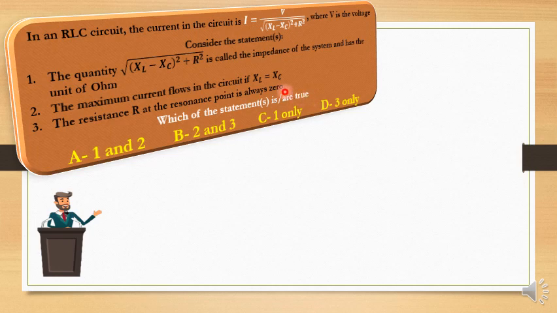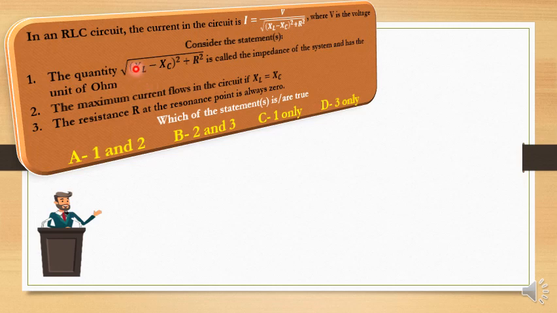Now this question is related to a topic in physics, RLC circuits. With an understanding of this topic, we'll be able to answer this question accurately. Let's start from option 1. The first statement. Identify whether statement 1 is true or not, so as to know which of the options here carries the correct answer. Now option 1 says the quantity square root of XL